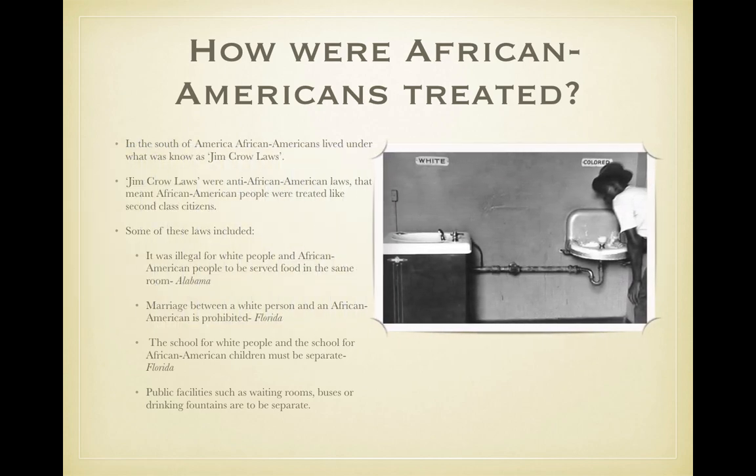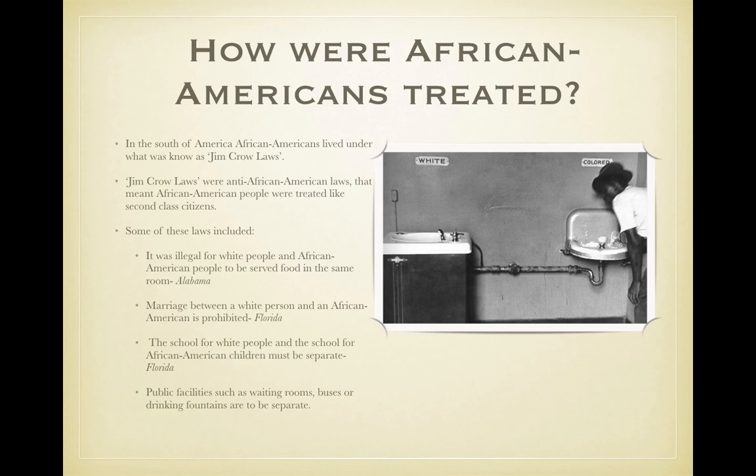You may have seen pictures like this before, and it's an example of Jim Crow. For example, the white citizens would use the bubbler on the left, whereas the African Americans had to use the one on the right. It obviously wasn't restricted to drinking fountains, it applied to all aspects of life. Often the services that African Americans were allowed to use were not as good, and often they weren't allowed the same access to rights and services that white people were.